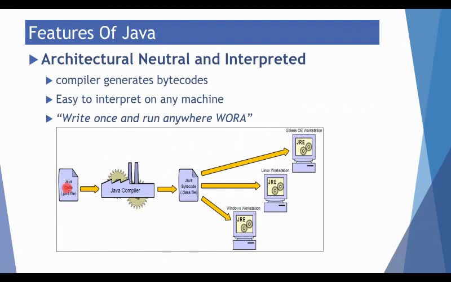Now we write the source code over here and then the source code is submitted to the compiler. Once the source code is submitted to the compiler, it generates the Java bytecode. Now this Java bytecode that is generated is system independent. Once it generates this, then you can take this code and execute it on